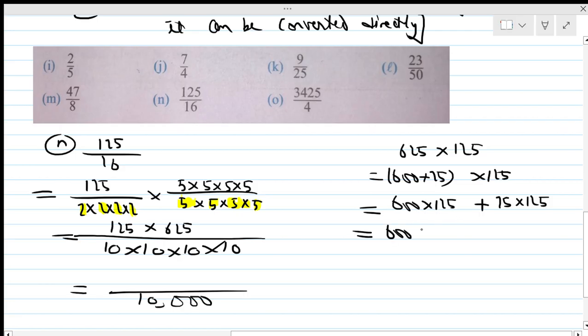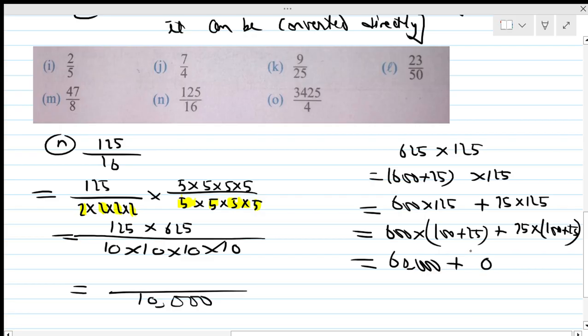So 600 into 100 plus 25, and this 25 into 125 I break as 100 plus 25, right? So it will become here 60,000, 600 into 100, and plus 600 into 25: 6 5s are 30, 6 2s are 12, and 3 is 15, so 15,000. And plus